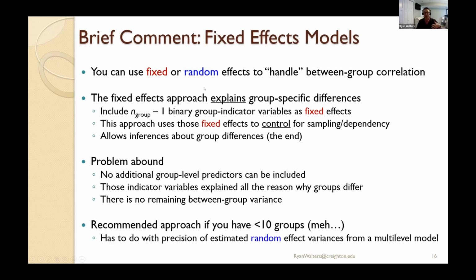The other thing is, you might see in some textbooks, the fixed effects approach is actually required or recommended if you have less than 10 level 2 units. This is more about precision of the estimation of the random intercept variance from the multi-level model. There are a lot of issues that go into precision of those level 2 units. If you understand the central limit theorem, bringing it back from undergrad, they say basically 30 is what you need, but that's a bit simplistic too.